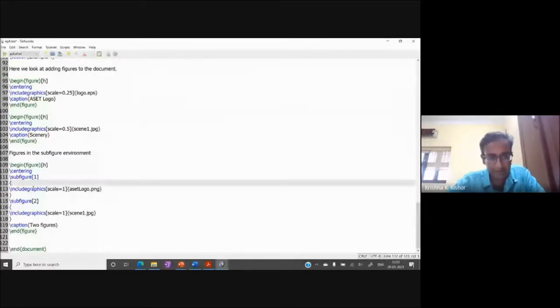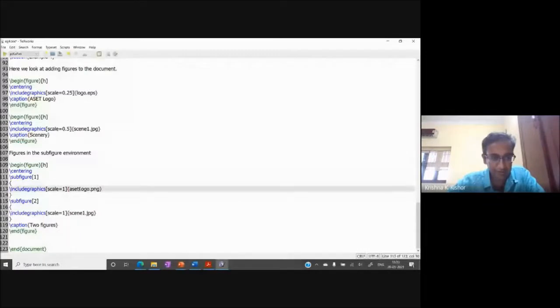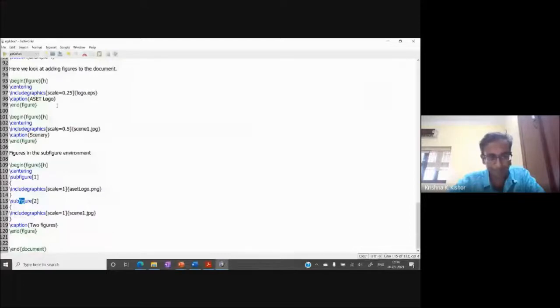In this case, I'm going to add a .png file and the title of the image, ASET logo.png and the scale. The second subfigure's caption is 2, and the scale is 1, and the caption for the overall figure is 2 figures. So let's just compile it and see what it looks like.